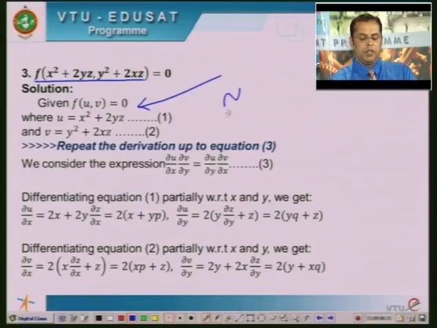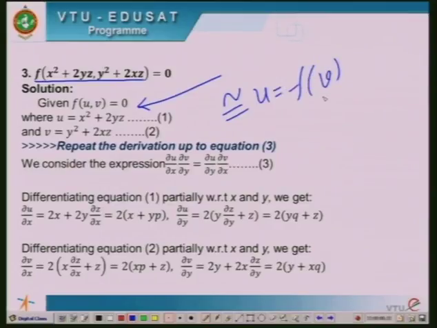Let me remind you, you can also write it as u equal to f of v, because it is equivalent, and the answer should be one and the same. U is x square plus 2 y z, v is y square plus 2 x z. Repeat the derivation up to equation 3, which was shown in one of our previous slides, which will give you these 4 partial derivatives. So, differentiating equation 1 partially with respect to x, we get dou u by dou x